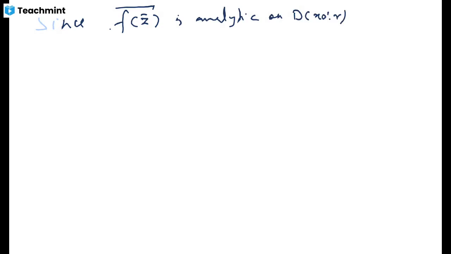And what relation we have, this function f of z conjugate you can write as u of z conjugate